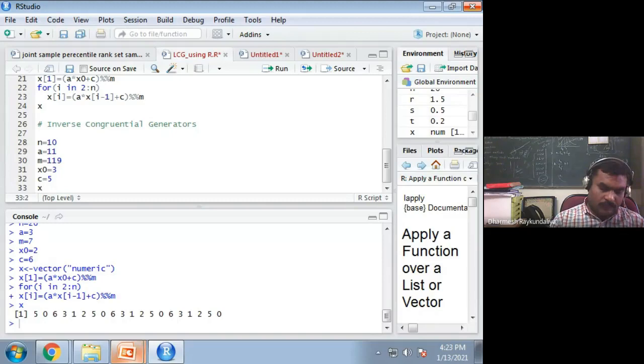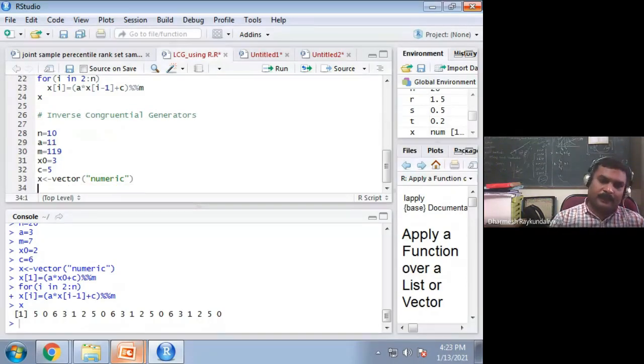So first I will store the variable. Why am I giving a vector of numeric? Because if I start directly using the for loop, sometimes it does not give the output. So I am creating the null vector x. Now what is x of 1?